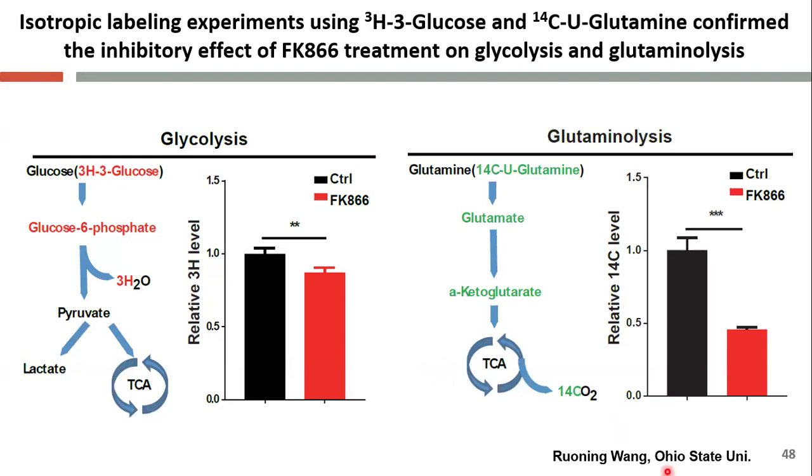So we further collaborated with Wang Ruoning at Ohio State University, using the isotopic labeling experiment to evaluate the function of glycolysis and glutaminolysis upon treatment with the NAD inhibitors. And as you can appreciate here, both glycolysis as well as glutaminolysis have been dramatically decreased upon the FK treatment. Since glutaminolysis uses the TCA cycle, and this happens in the mitochondria,